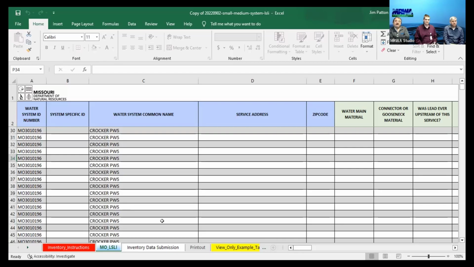Okay. A connector is what connects the service line to the water main, or it connects the meter to the service line. So it can be like 4 different places actually, or 3. A connector can connect to the meter on both sides, and that connector can also connect to the water main. So those are the 3 main places that there's connectors. And we do have some really good pictures of that.